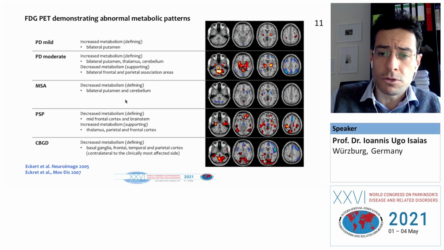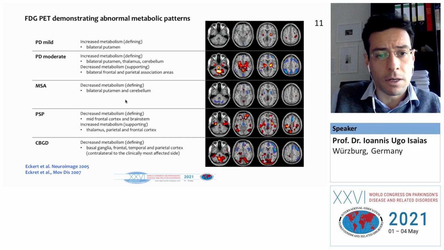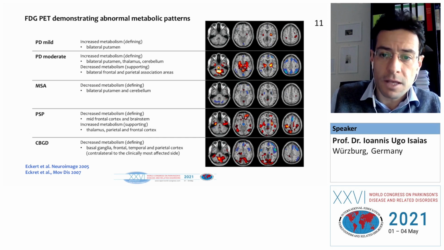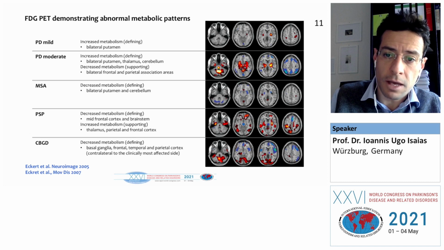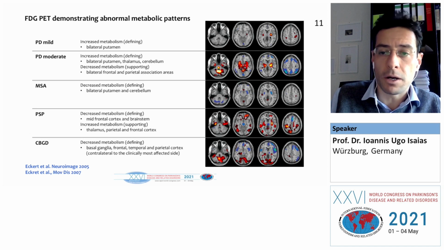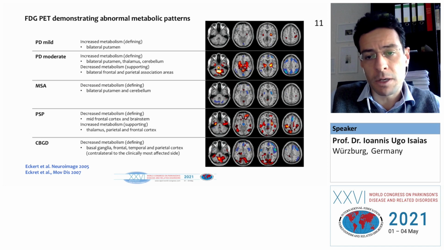Multisystem atrophy is also important, as it is quite a dramatic atypical parkinsonism, and it's quite important to distinguish it from Parkinson's disease, and it's difficult, especially in very early stages. In this case, instead, we have a reduced putaminal glucose uptake, which is the opposite of the picture we can see in Parkinson's disease. And this was quite an early finding and quite reliable also in my experience.